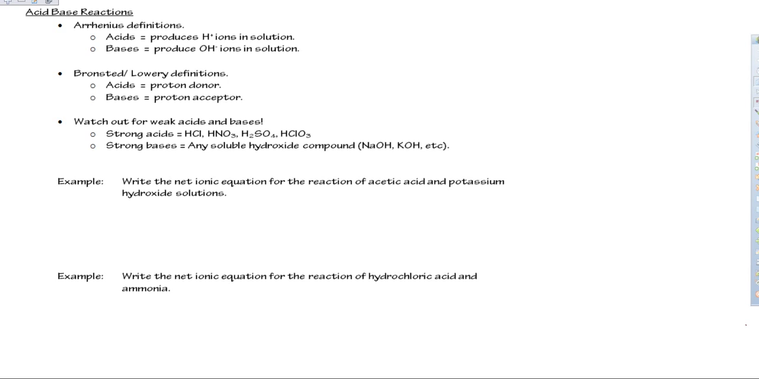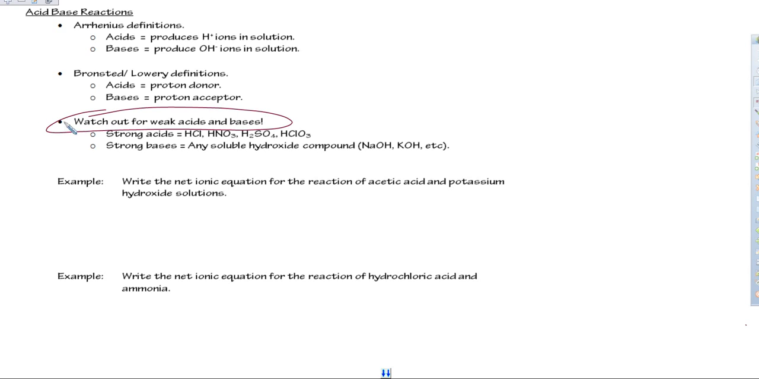Now, when you start writing a net ionic equation, I usually start it off like a first-year chem equation. I write the formulas, and then I want to do some kind of replacement, see what's produced, and then I'll look for any spectator ions. Can I trim this down to any kind of a net ionic equation? It says here, watch out for weak